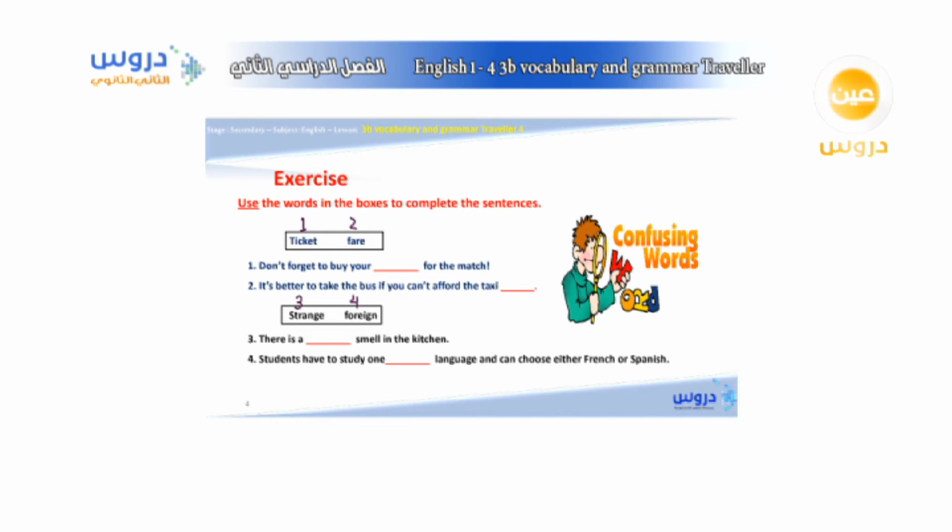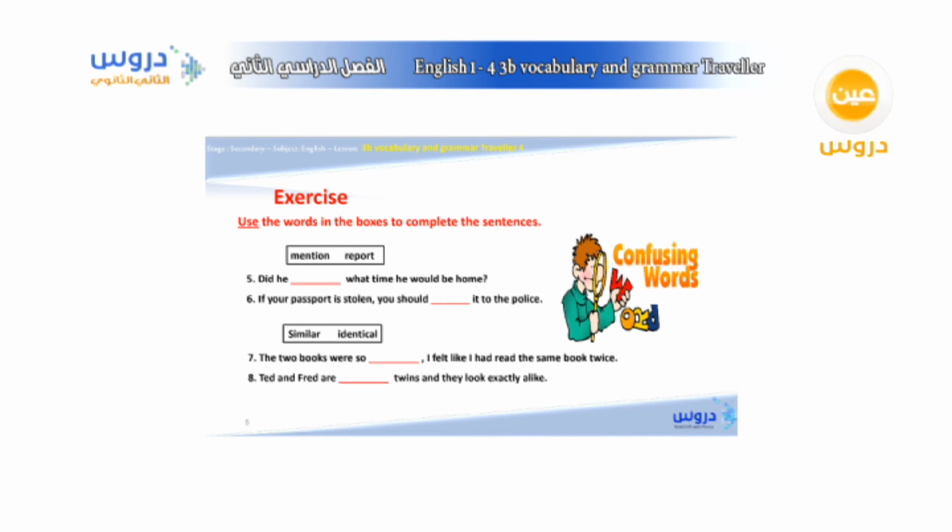Now we have more confusing words in the box for 5 and 6, 7 and 8. For the first box, we have mention and report. So when you mention something, it means you say something. And when you say a report, it means you report something or you write a report about something. So number 5, did he mention what time he could be home, or did he report what time he could be home? Number 6, if your passport is stolen, you should report it to the police or you should mention it